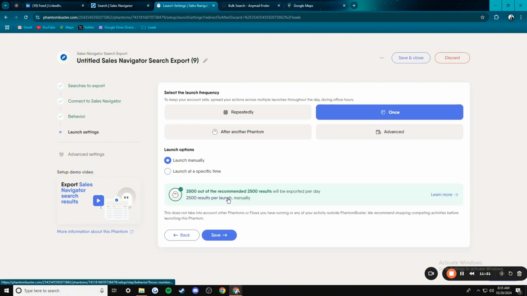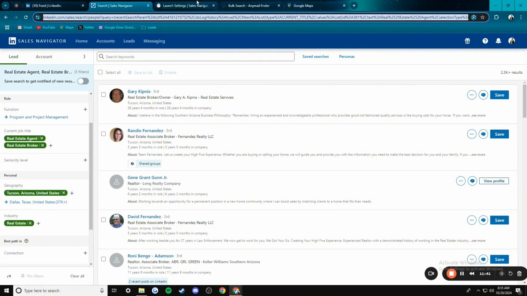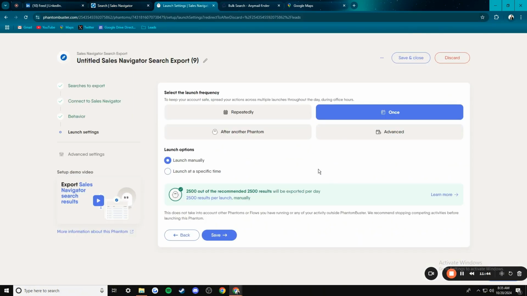Press save. Launch frequency. This is something interesting, because this whole community is about automation, but this is one of the few things that I recommend that you actually keep manual, because I think this just requires a little bit of human touch, and because you've already got to do all of the searching manually, you might as well just do this manually too,